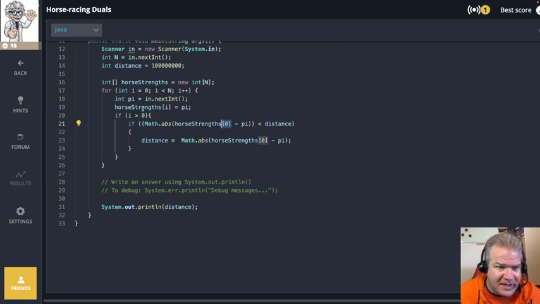So I am building this array, which is nice. And I think I can use that. I still only want to do a test when I have more than one horse strength. So I'm going to leave this if in there. But now